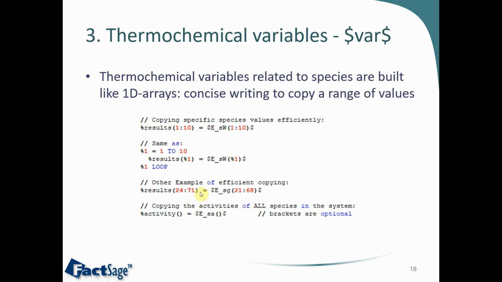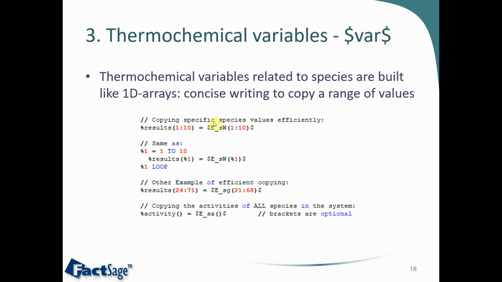You can also have non-matching positions between the variable and the thermochemical variable. So it doesn't have to be 1 to 10 and 1 to 10. It can be different entries between the variable and the thermochemical variable. So the only important thing is that the size of the range that you take has to be identical